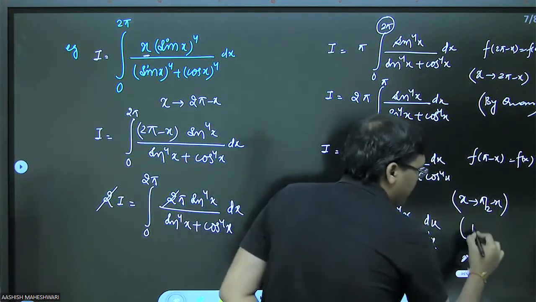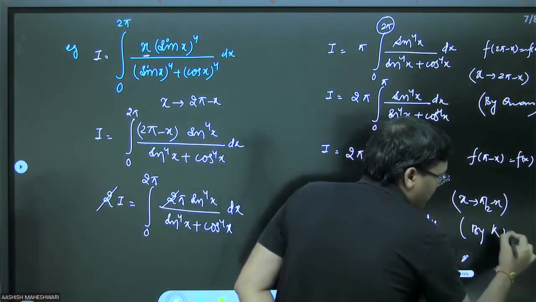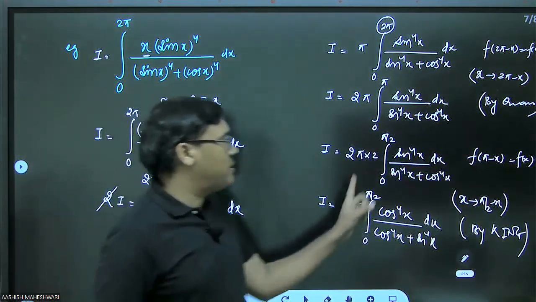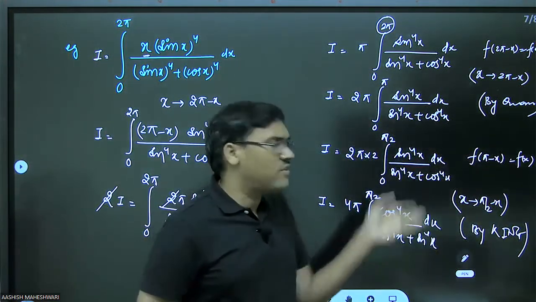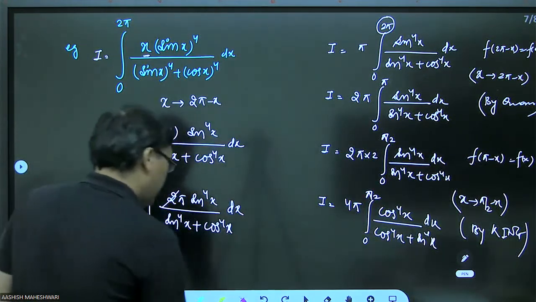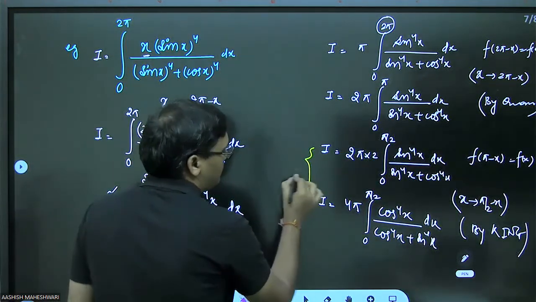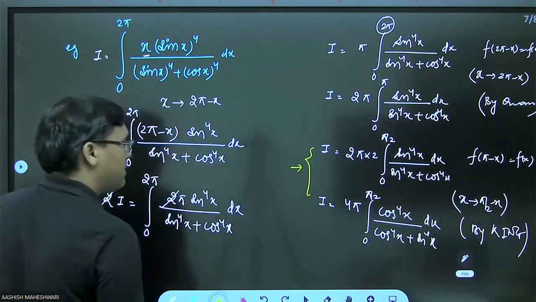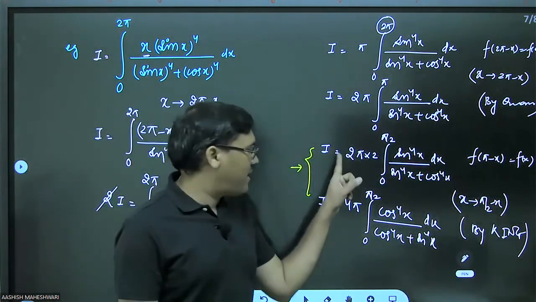Now what we have done is we have applied the king property. I'm writing everywhere which property I'm applying. x goes to a plus b minus x. You can clearly see the function will not be the same. It will change to this. But if you just observe here, what can we observe here? If I add these two, so let me write it here. You just first observe this. If I add these two